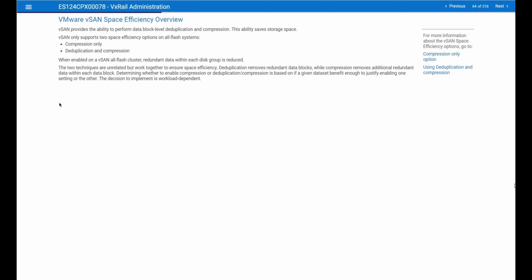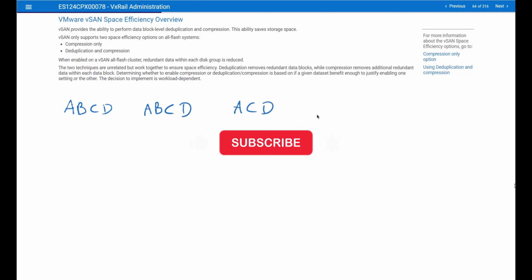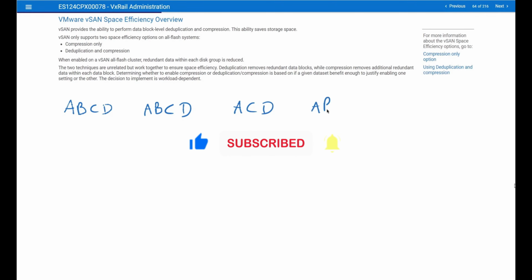To a certain point, the VMs will generate similar data, especially if you look at the log files and the updates that they will be getting. That's going to be exactly the same thing. So you're going to have, for instance, first VM that generates data A, B, C, and D. The second VM will also generate A, B, C, and D. Third VM will generate A, C, D. Fourth one will have A, B, and D, etc. Okay? If you're trying to save all this data into the same storage system, you can clearly see here